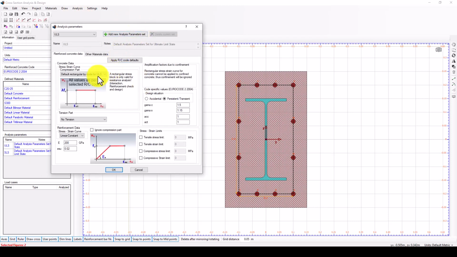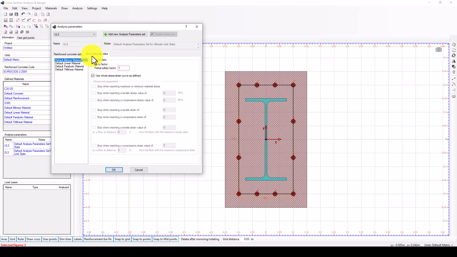So we have two parameters, and the first one is ultimate limit state, and the second one is some other linear, bilinear, parabolic, and also it will include this one. And we can give this data for the yield strength of the reinforcement rebar and also the plastic strain. So we already defined this one, and a maximum epsilon is 20%. So okay, we want to evaluate based on this one,